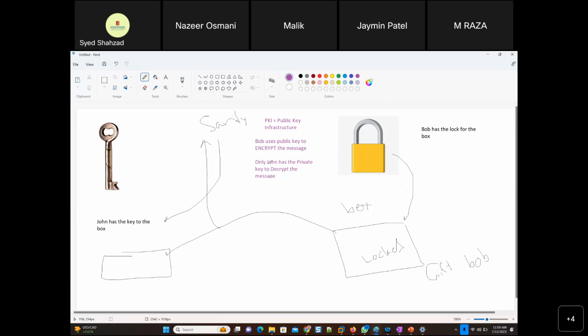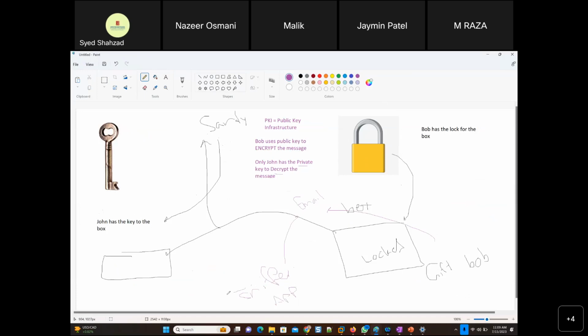So then only John has the decryption key, the private key that decrypts that email. So only John will be able to. And obviously, a hacker cannot eavesdrop in the middle. Even if a hacker uses a sniffer app to hack the email, that is, suppose John is sending an email, and through the sniffer software, a hacker gets that email, downloads it, and opens it. Oh, it's encrypted, and the hacker obviously does not have the decryption key as well,